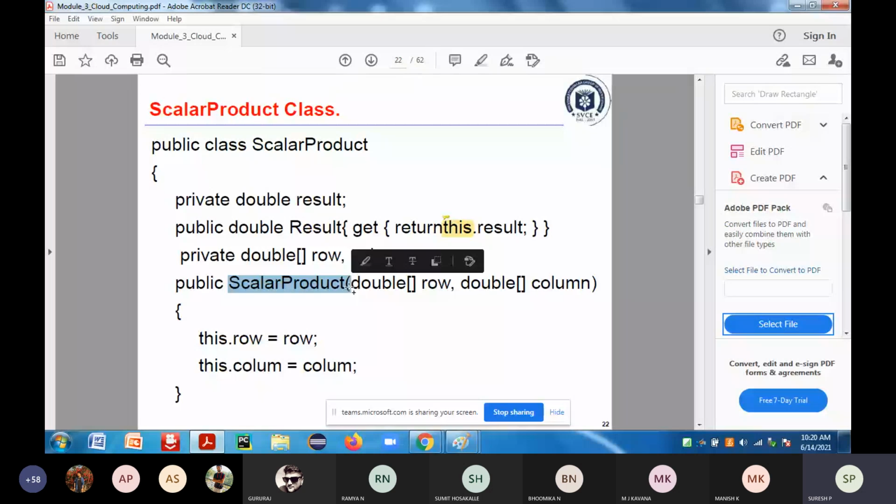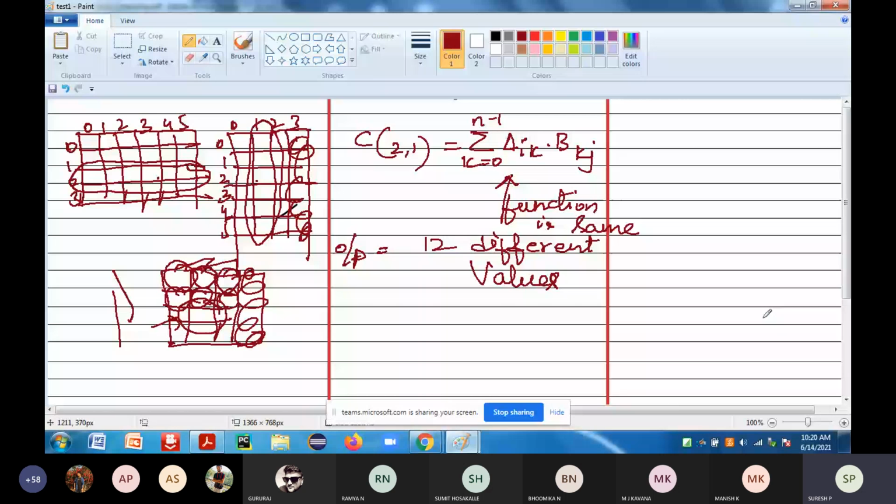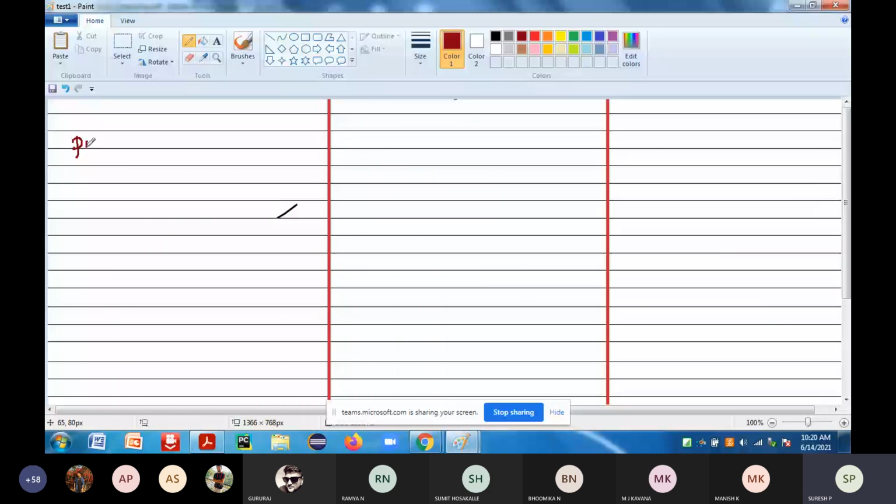So if you take the class, for example, if you have public static, void main will be there.